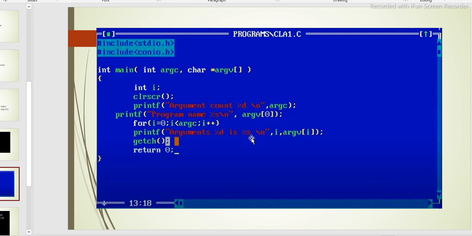This is %s because argv is an array, so we use %s, %s, argv[i], up to 5, and have the output.